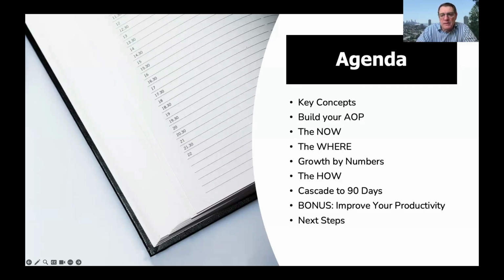And then the important part is about how we cascade, and we'll talk about the importance of cascading in a little while. I'd like to talk a bit about improving your productivity and some tools we use in that space. No point in building a plan and having a great plan if you're not going to actually implement it and make it happen. And so personal productivity is really important in that space for making that happen. So let's